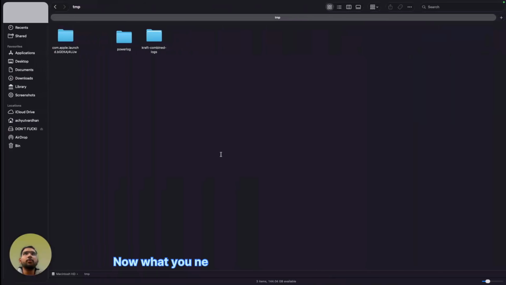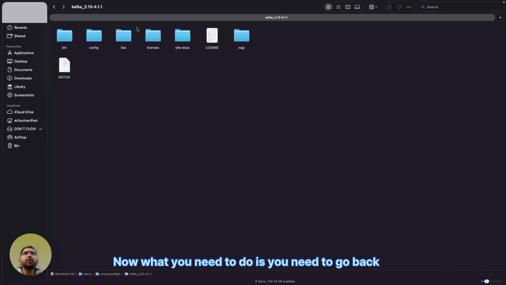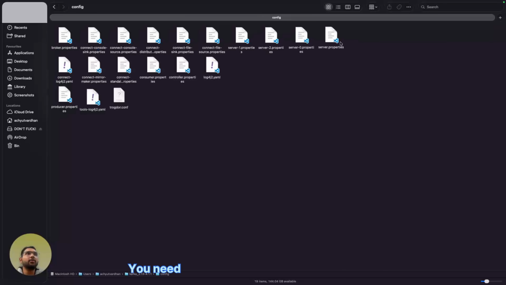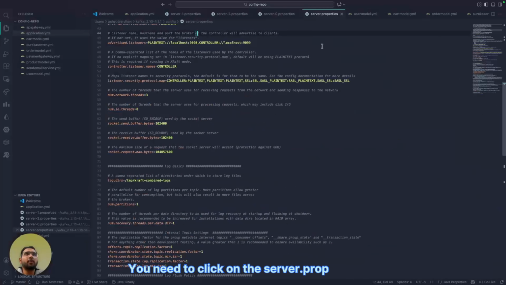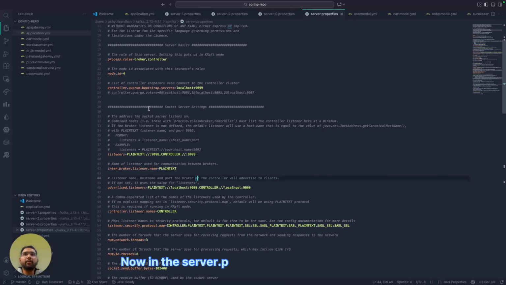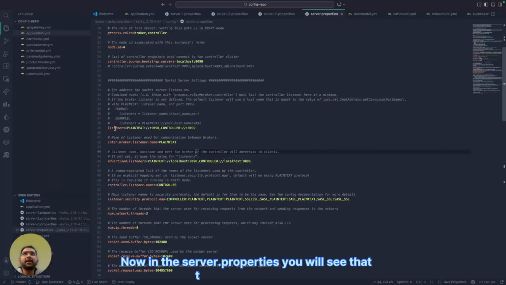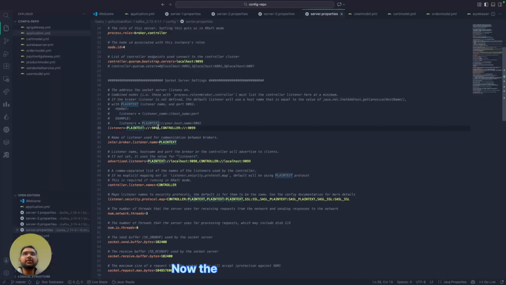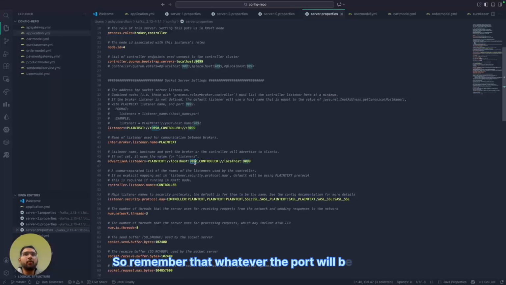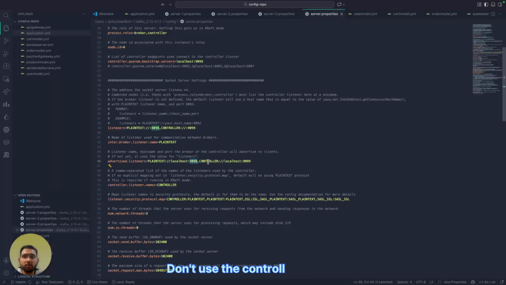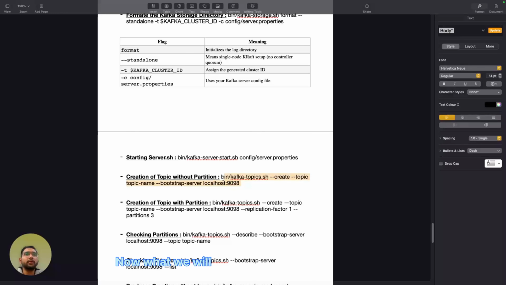You need to go back to the config file and click on the server.properties. Now in the server.properties you will see that there is a listener, and the listener is on 1998. So remember that whatever the port is here, you need to use that port. Don't use the controller port. Now we'll just copy